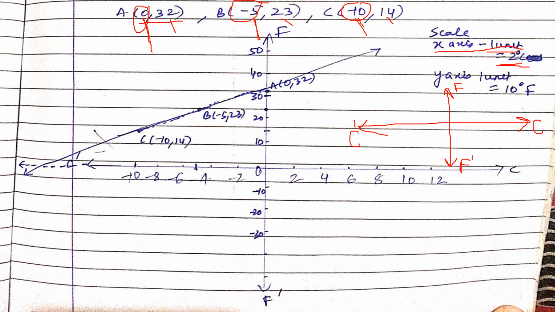So you can see I have written like this: 2, 4, 6, 8, 10, 12. Minus 2, minus 4, minus 6, minus 8, minus 10. This time I have used a scale to draw equal divisions. You can see, so it is accurate. Similarly, now comes the scale for the y-axis. Here you can see 32, 23, 14. So here you can take a scale of 5, a scale of 2 also. But if you take a scale of 2, you have to make how many divisions for this?